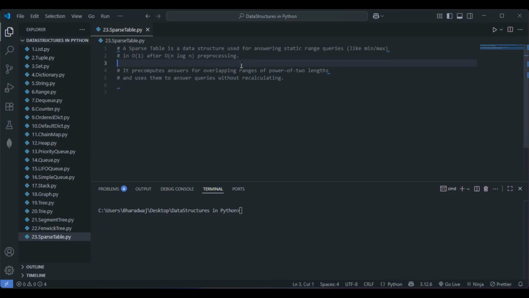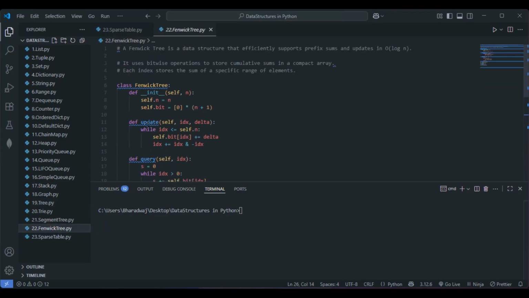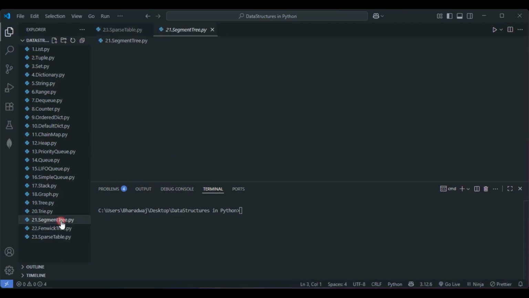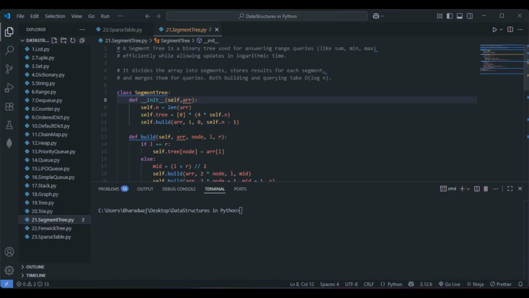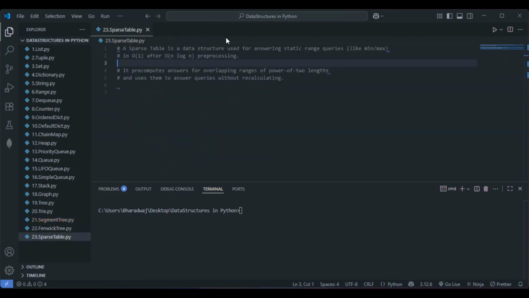Whenever there is no requirement of updation, see, usually the Fenwick tree we use whenever updation is required, and usually in the segment tree as well we can go with the update. But for the problems that can be solved by the segment tree when there is no updation, that particular problem can be solved by